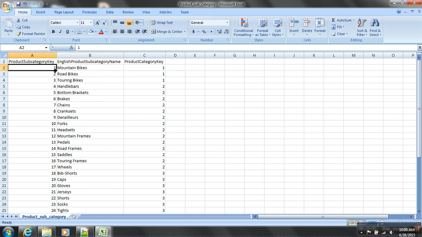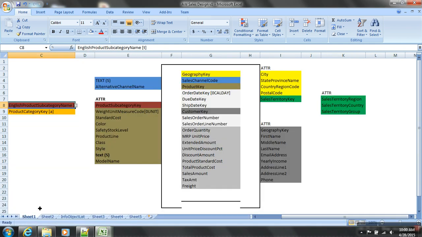Because instead of showing the keys like 1, 2, 3, I'll show motorbikes, mountain bikes, and so on. So I'll store this in the text table, and again I have one attribute, which is product category key. So if I go to my design for product subcategory, English I put as T, text table, and I got one column, product category key, which I'll make A and go into attributes.